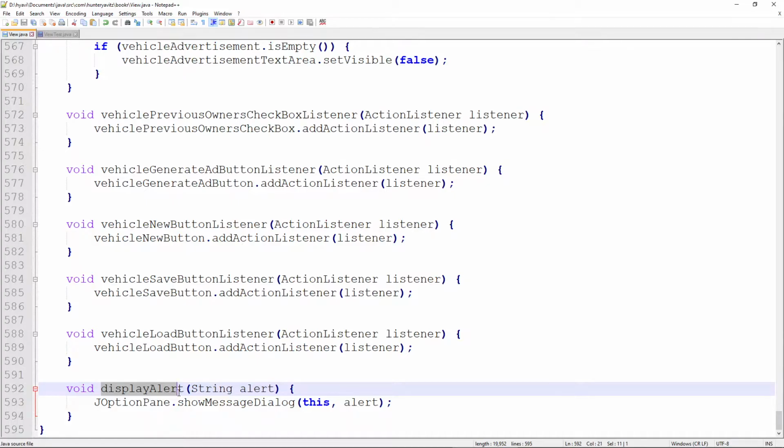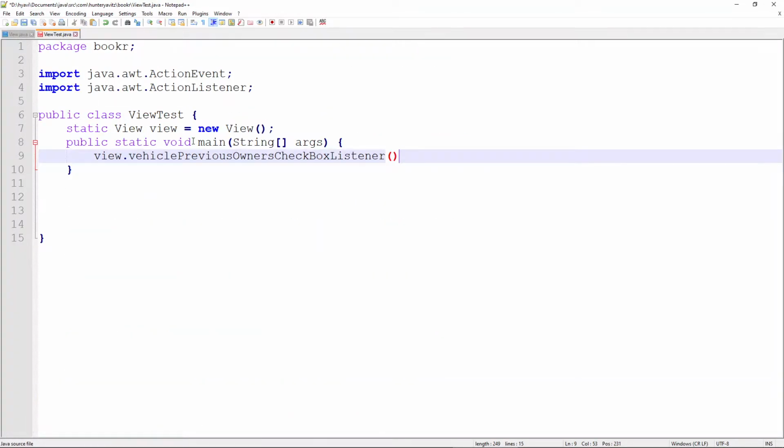So after we instantiate the class and then we assign the methods that will capture the events that these listeners throw, we'll have the display alert just throw a little message on the screen that the listener is working. And so you'll notice that all of these listeners are actually referenced by their buttons, but the actual events that we're going to capture are going to be defined by methods that are going to reference just the listener events themselves. And so what we'll do is we'll go ahead and do view.vehicle previous owner's checkbox listener to capture that listener, and then whenever the listener is activated, we're going to call a new